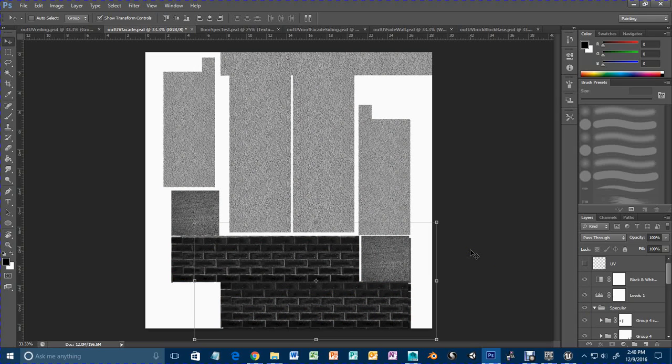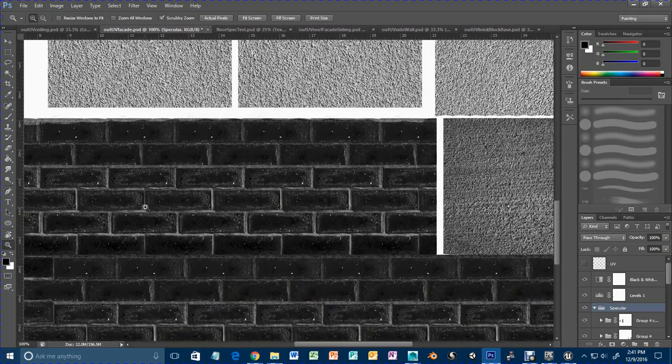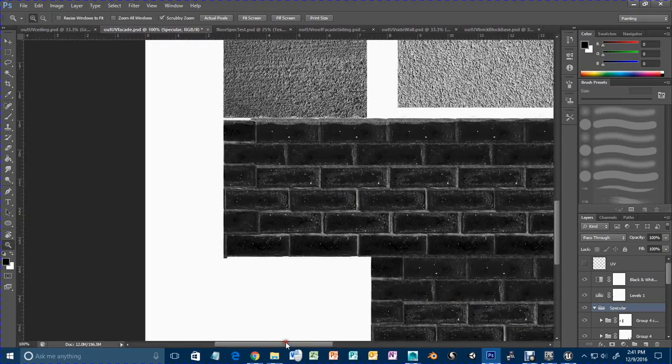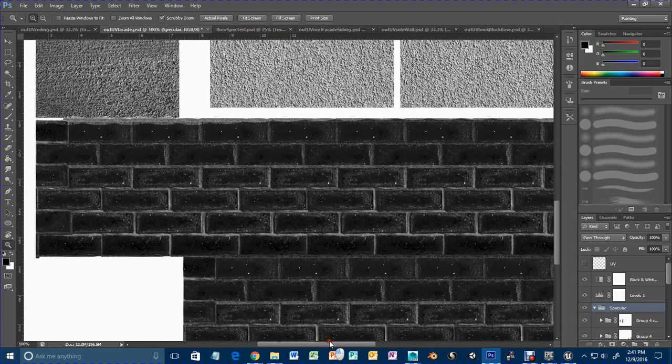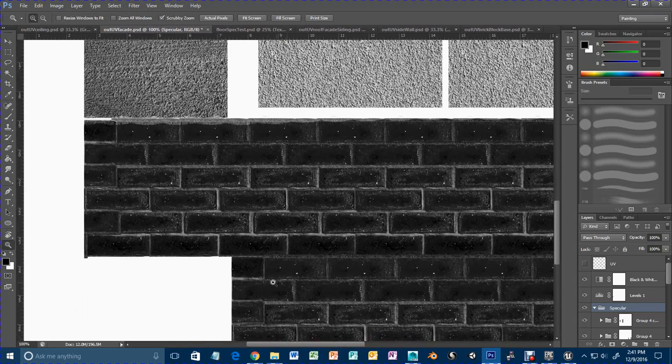So our spec map was looking at the way we did it before, adjusting the levels, playing with the brightness and contrast. It's all good. Let's see here. I do want to change one thing. The grout in here should not be lighter than the actual stone. It's not going to reflect more light off of it. So I think what we'll end up doing